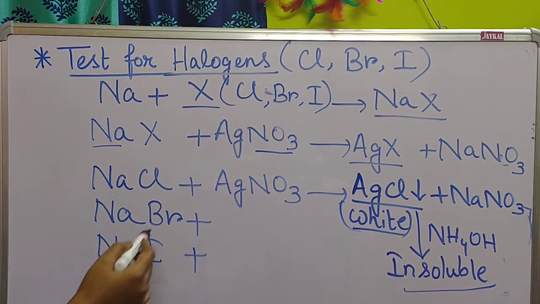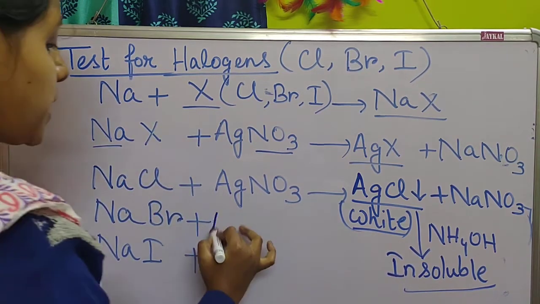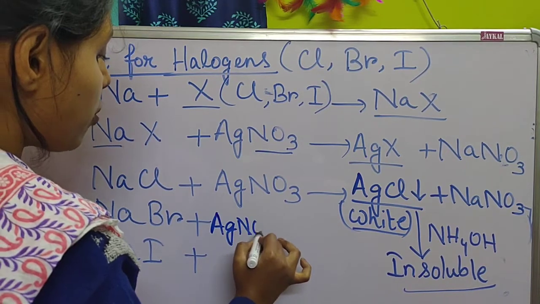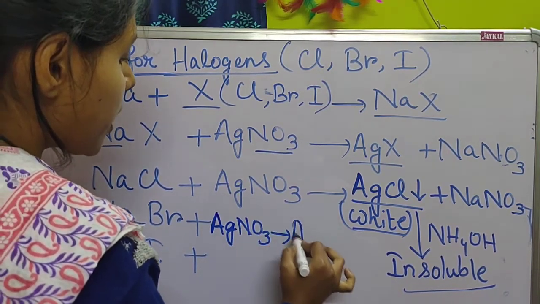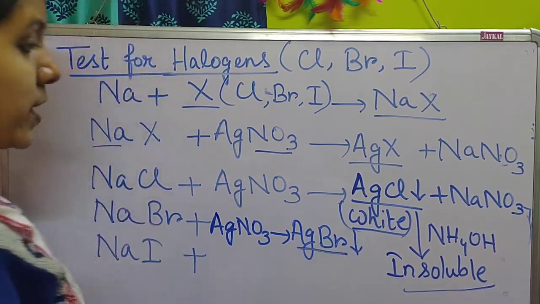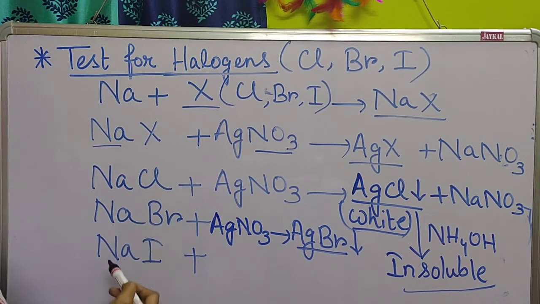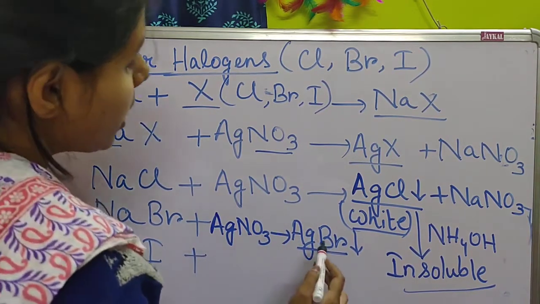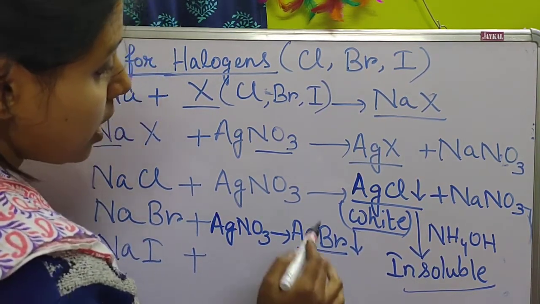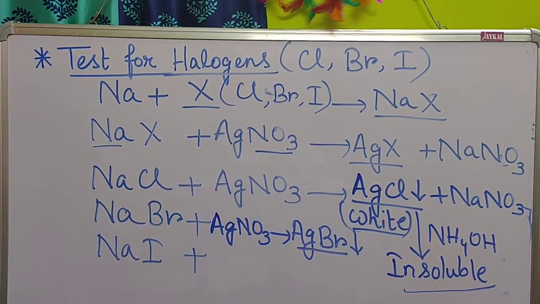Now if bromine is present in the organic sample, then again by adding AgNO3 we will get silver bromide as precipitate. When chlorine was present we got AgCl, when bromine is present we will get AgBr. Now AgBr is pale yellow in color. So if a pale yellow color is obtained,